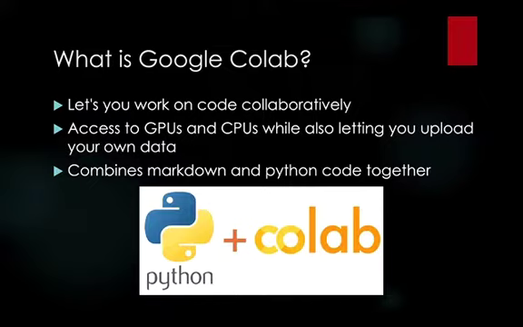Google Colab is just a way to work with code collaboratively, and it's just a way to run Jupyter notebooks online. By using Google Colab, there's automatic access to GPUs and CPUs, which makes it very easy to run these machine learning models because oftentimes they are pretty intensive when it comes to computation. It also lets you upload your own data, oftentimes from Google Drive or from GitHub, or just by loading your own data sets in. This is really helpful because when doing these analysis jobs, we have lots of data that we need to work with, and being able to upload that and work with it natively in Google Colab makes